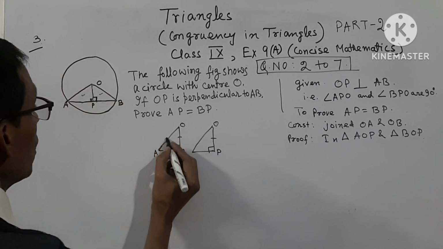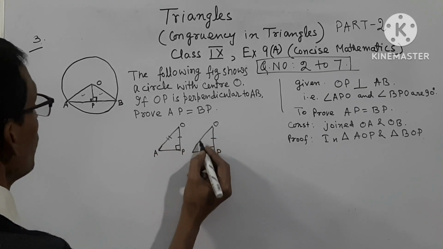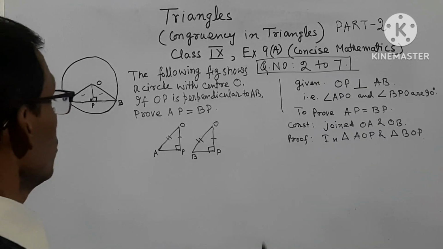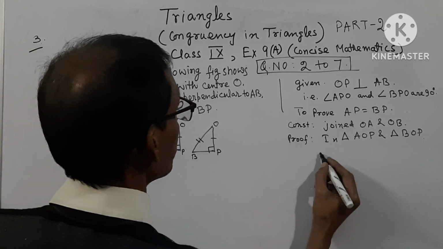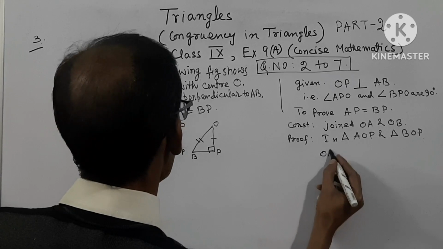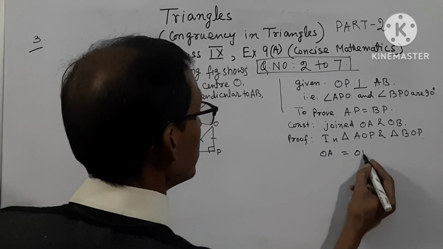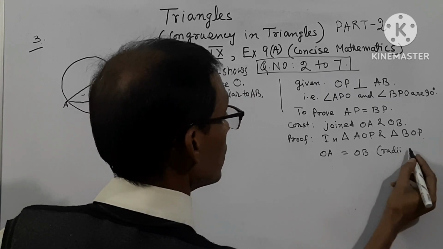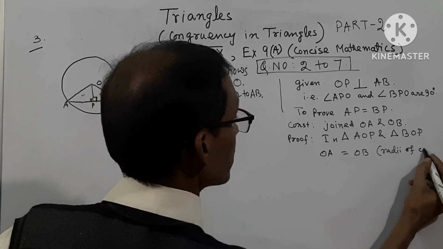So OA will be equal to OB. So we can write here OA equal to OB, radii of circle,